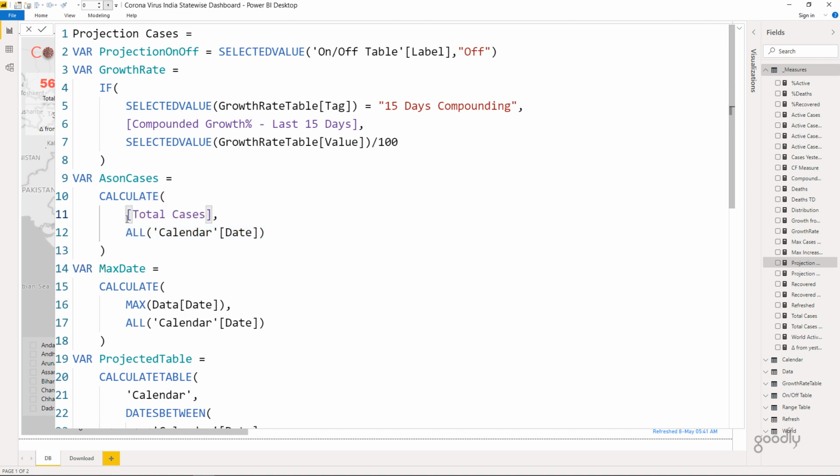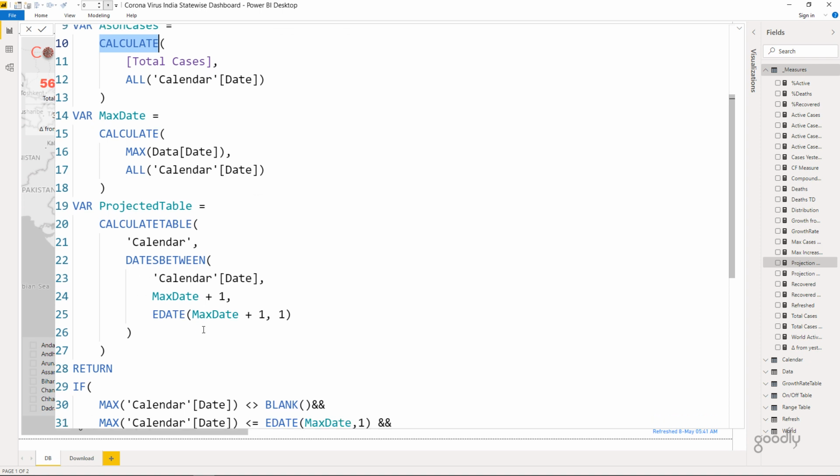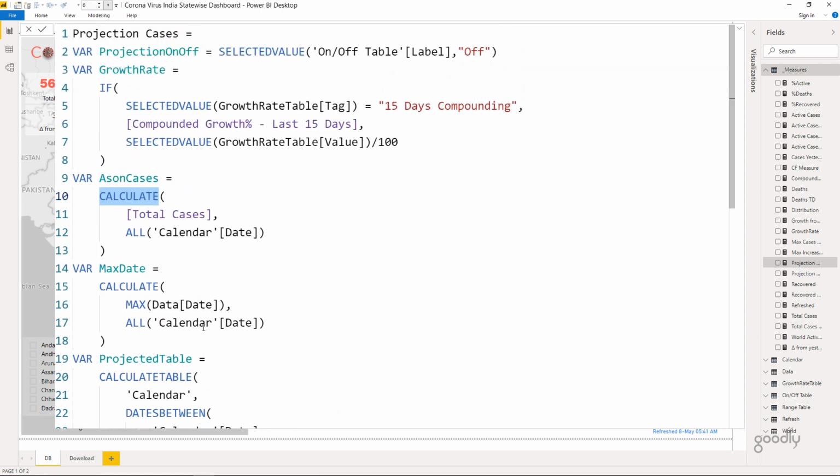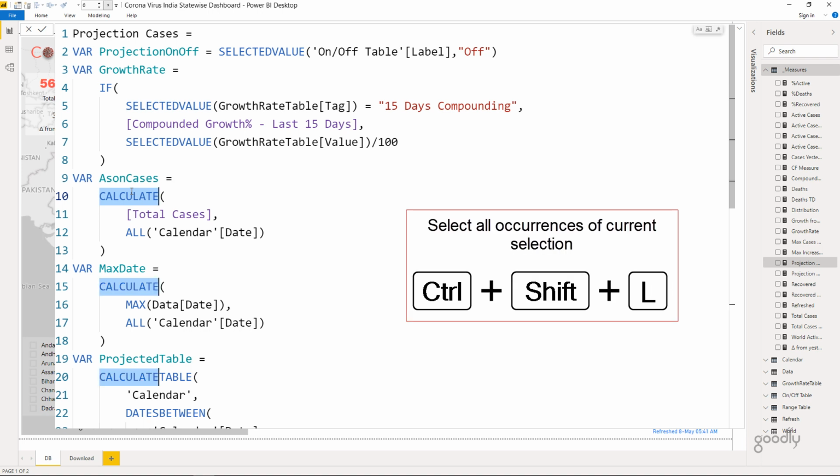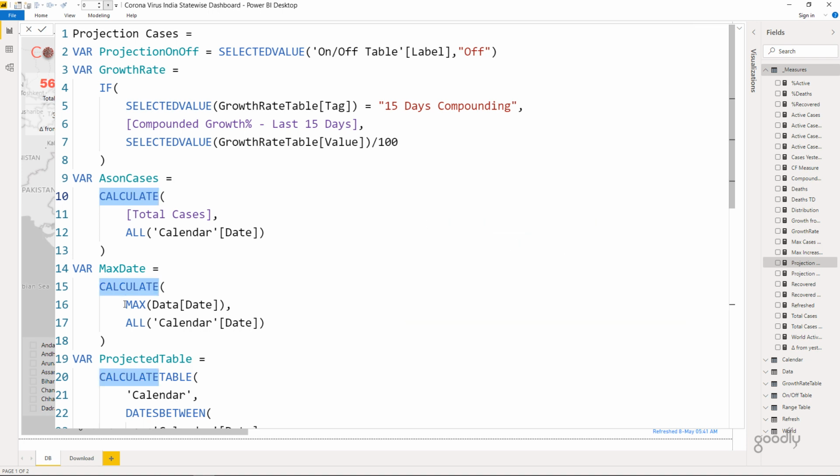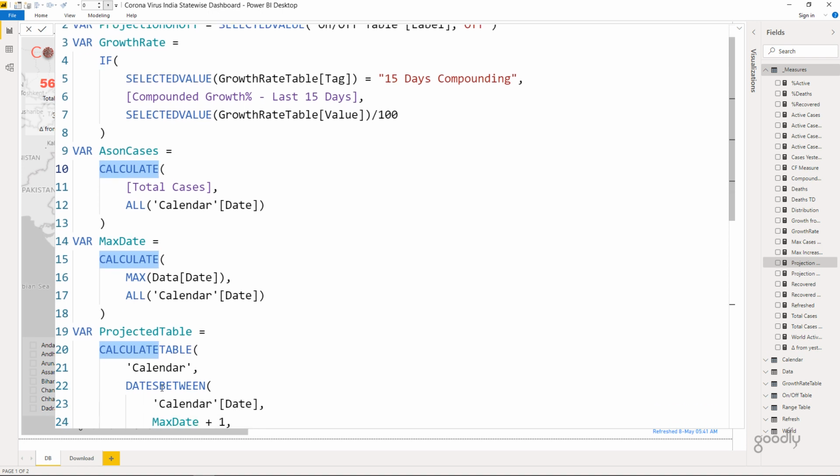Alright, another one of the interesting shortcuts that I personally use is, let's say for example, I'd like to replace the CALCULATE function maybe with the CALCULATETABLE function. Let's say I would like to do that in the entire formula. Everywhere where I have used CALCULATE, I would like to replace that. Now if you don't know the shortcut that I'm going to tell you, you'll have to pick up every single CALCULATE function and write CALCULATETABLE there. What you can do is select the word CALCULATE, and then press the shortcut Control Shift L, and this is now going to find the word CALCULATE everywhere in your formula.